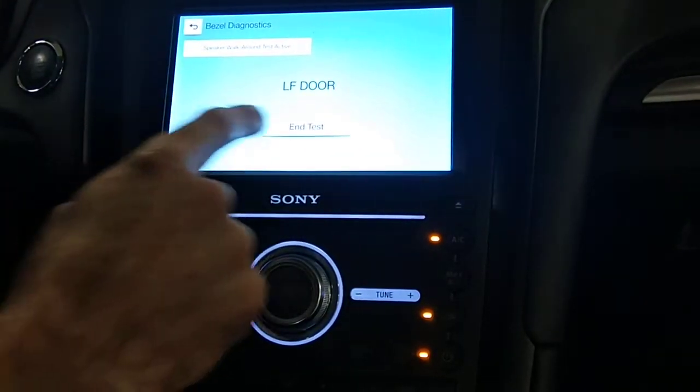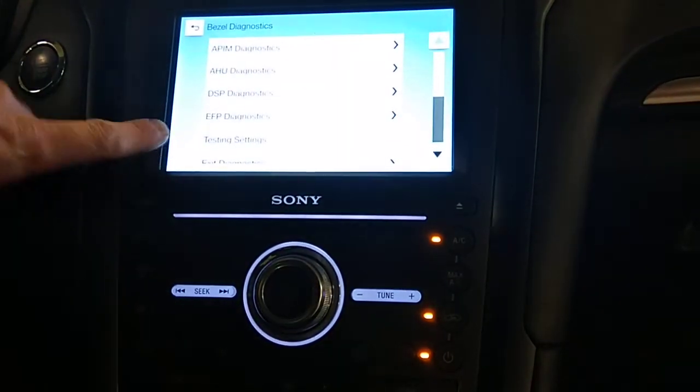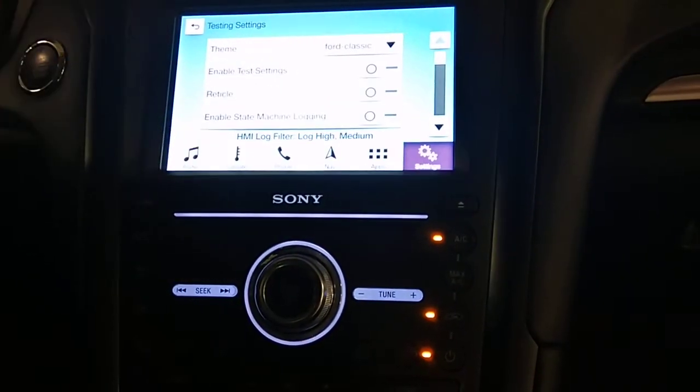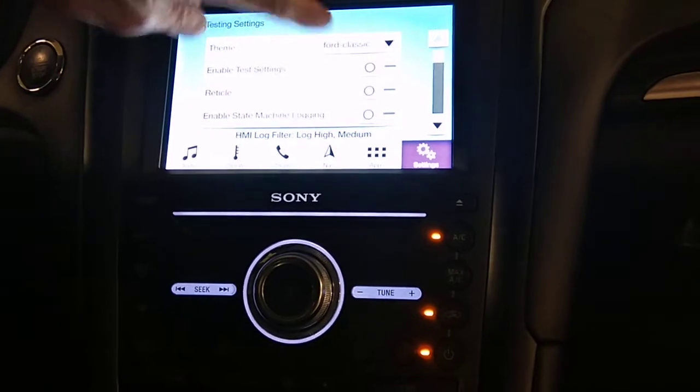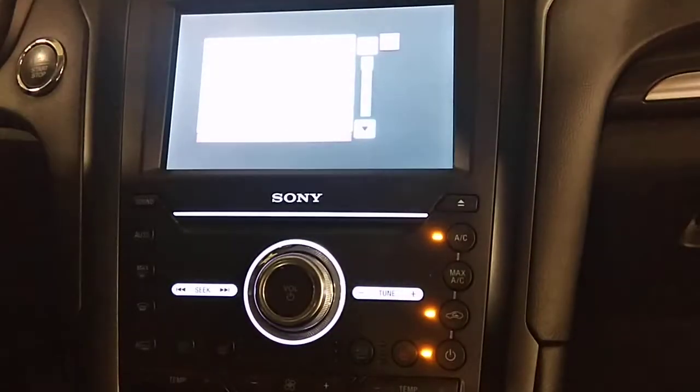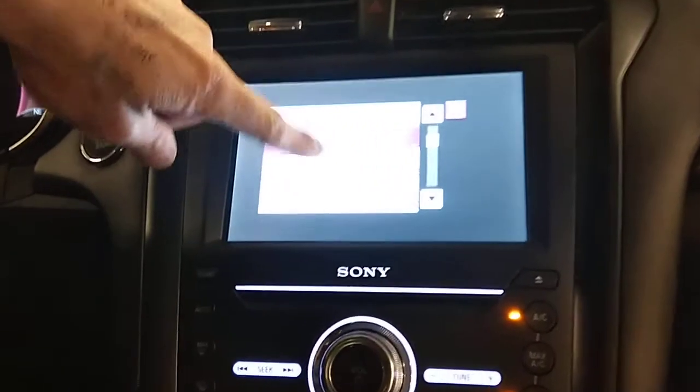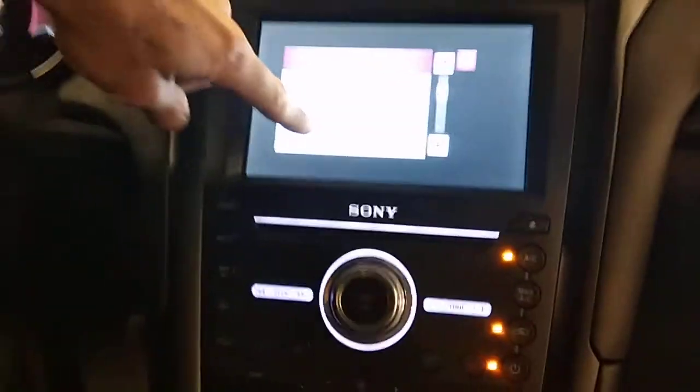It's going to do the speaker test. Just hit in test. Testing settings. Theme. Right now it's on Ford Classic. Touch that. What do you want to put it on? Yeah, Mustang, Raptor,